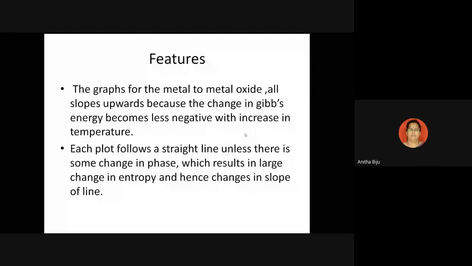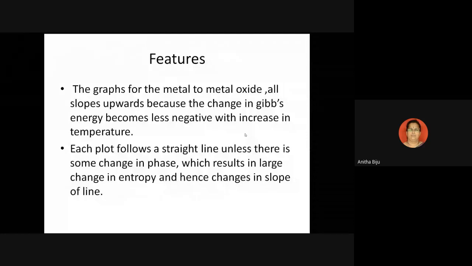Here we will discuss what the features of the Ellingham diagram are. So what all points I am presenting here, you try to note them down, because the Ellingham diagram is not a complicated one. It is simple. The points which we have discussed in the class, only you have to focus on that. So the first feature is the graphs for the metal to metal oxide. That means this graph is especially for a particular reaction where metal gets converted into its oxide form. How is metal converted into metal oxide? By the reaction with oxygen.